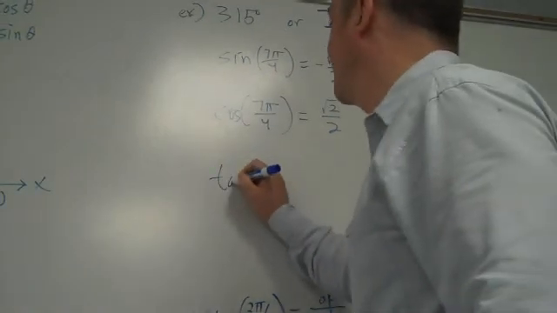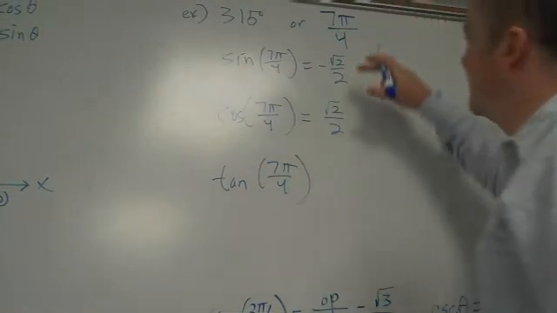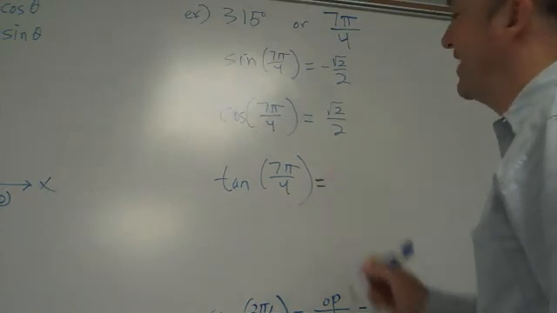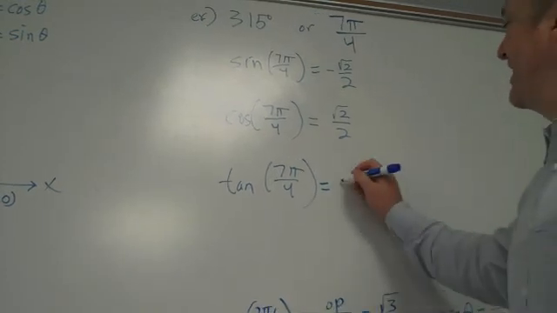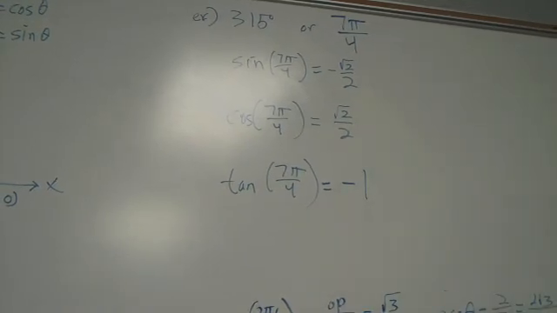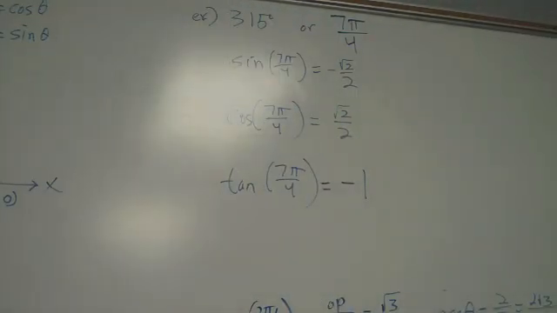The tangent of 7 pi over 4: tangent is sine over cosine. What's the tangent of 45 degrees? 1. Is this going to be positive or negative? Negative, because it'll be a negative divided by a positive. Here's another hint. On a line through the origin, the tangent is the